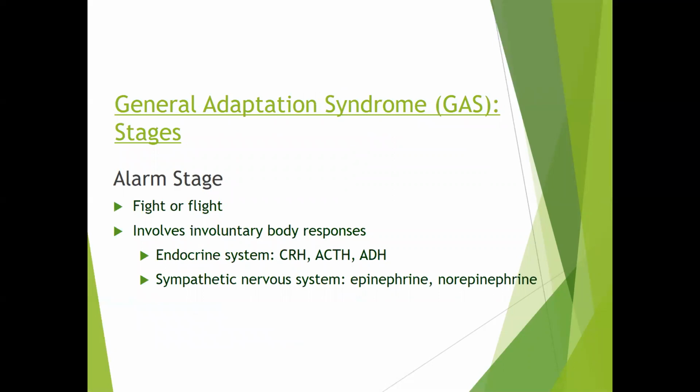So let's talk about this first stage. The first stage is the alarm stage. It's the fight or flight. So running away from that bear, okay? And it involves involuntary body responses. So a lot of times it involves the endocrine system where the corticotropin releasing hormone and the adrenocorticotropic hormone and antidiuretic hormone all come together